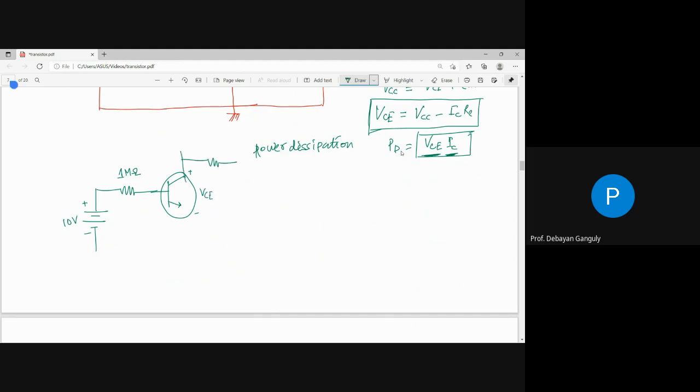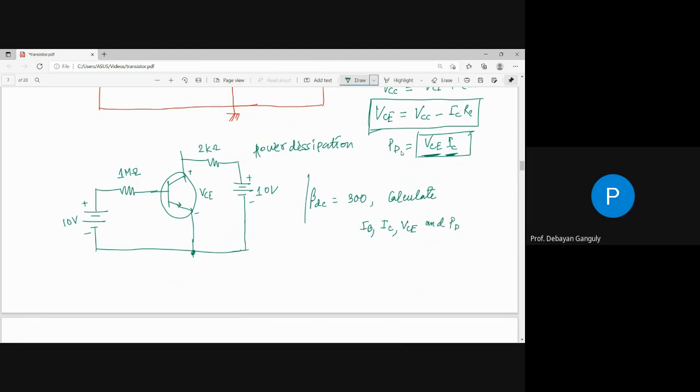And this is 2 kilo ohm, and that is nothing but 10 volt. This is the corresponding circuit given. Now the simple question: this circuit is given, data is given, and now what you have to find. Beta DC is 300, and you have to calculate IB, you have to calculate IC, you have to calculate VCE, and you have to calculate the power dissipation